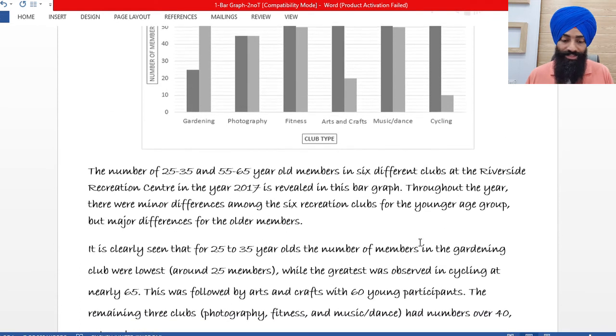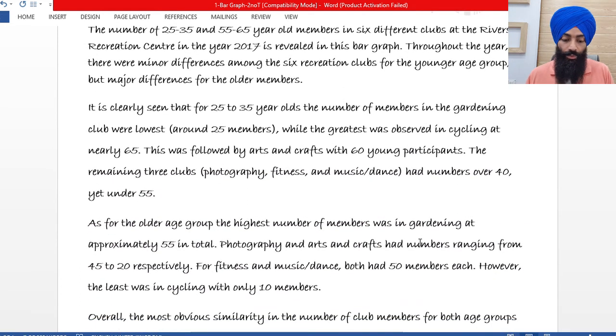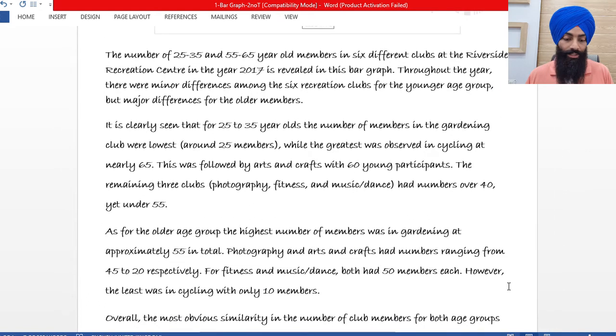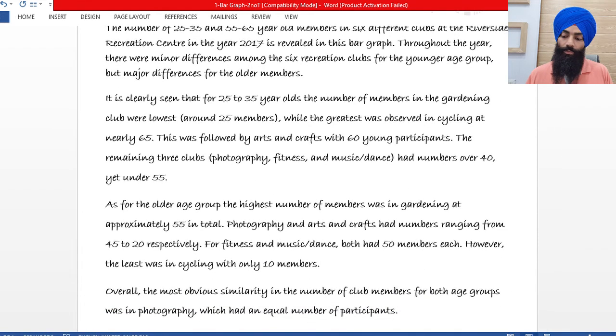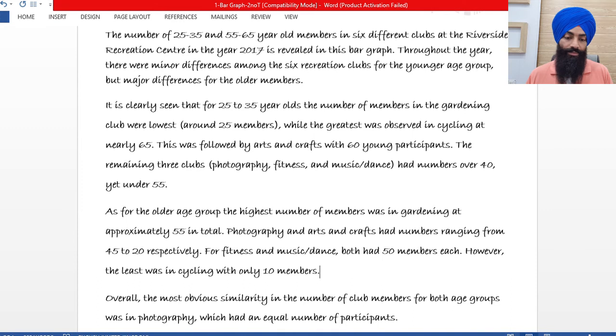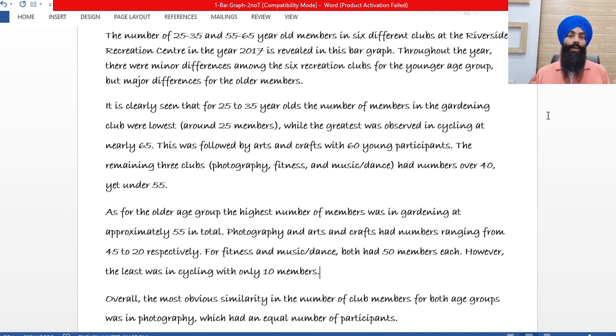All right, guys, so that's it. This is the whole task, and this is all you really need to write. You don't really need to be more impressive than this, right? Because remember, you kind of have to weigh risk and reward. What is the risk? What is the reward? If you're spending too much time, you're going to make a really, really nice 9 band level writing task 1,